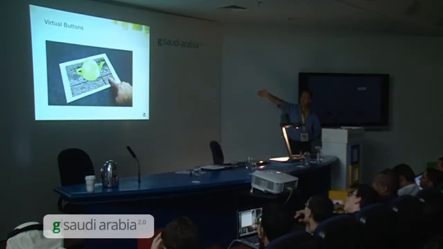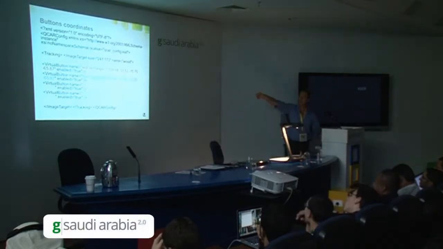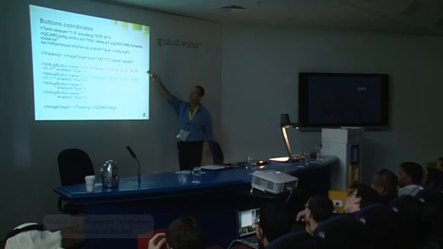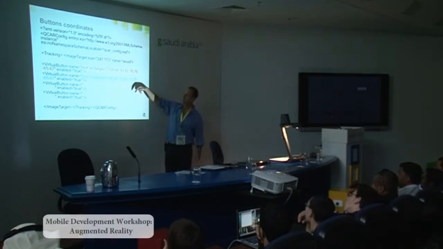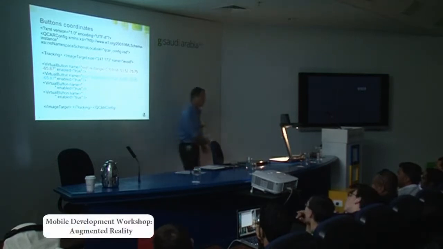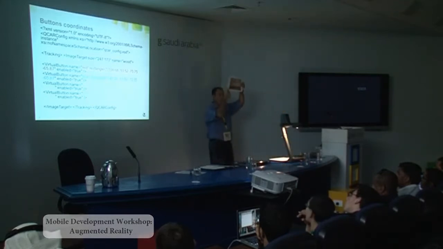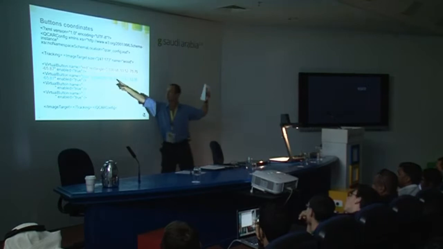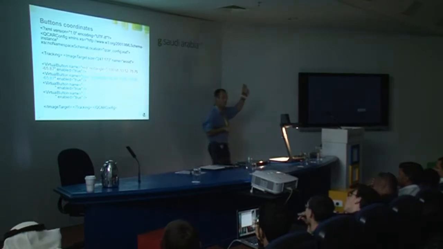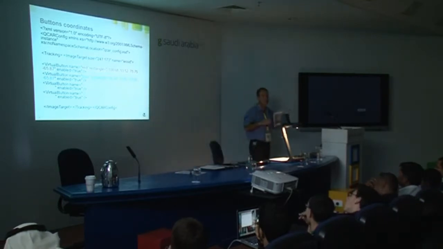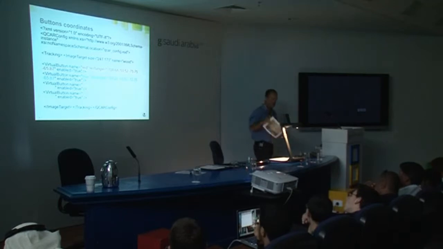Marketplace, they have specific structure, the virtual buttons again. So the virtual buttons, the buttons coordinates are put into an XML file. The red, blue, yellow, green, these are the equivalent of them, these four. They are 4 rectangles, the coordinates of the rectangles are indicated. You don't need to have 4 of them, you don't need to have them at the same place. It is just as an example. This is what you have to modify.